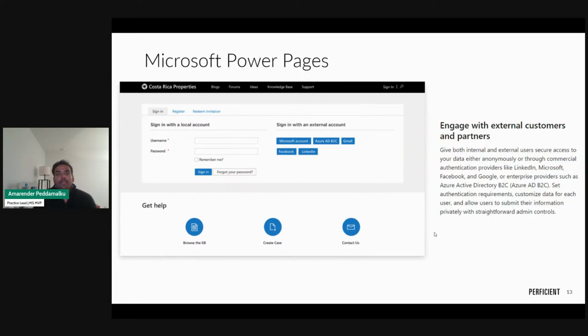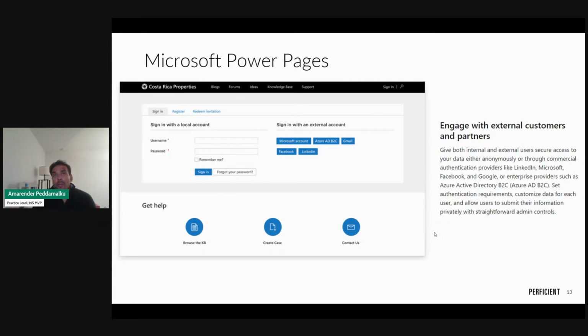And Azure AD B2C, business to consumer, is a white label authentication service that you can leverage, and you can let people log in or register using any one of these, like Microsoft accounts or LinkedIn, Gmail, Azure B2C, and then vendors or external customers can come into your website and access the content on the website.